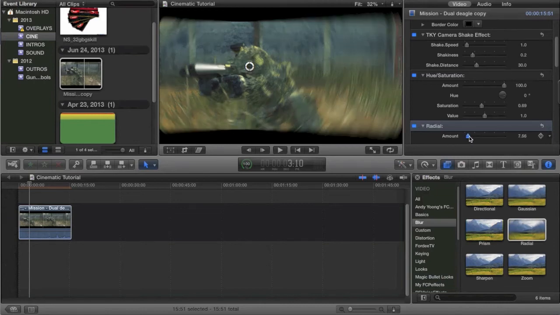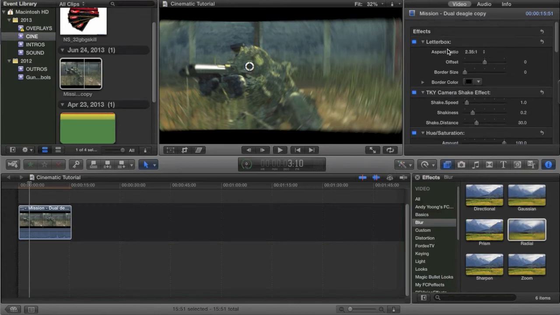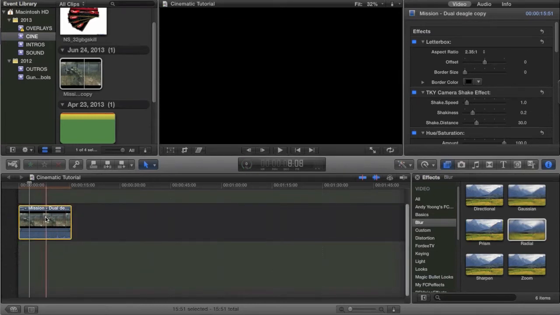Now it'll look a little bit better. Maybe like right there, and that kind of adds a cool effect to it. And I noticed earlier when I was putting in the camera shake that if you notice, the camera shake was moving around